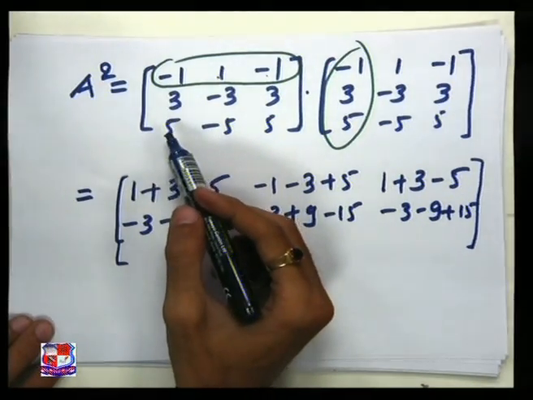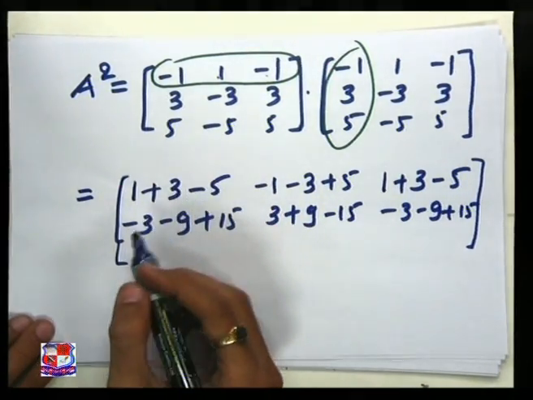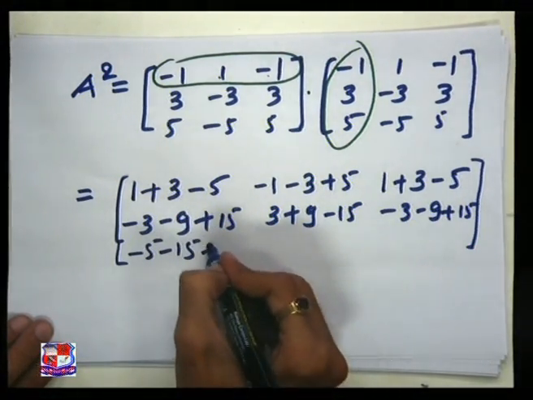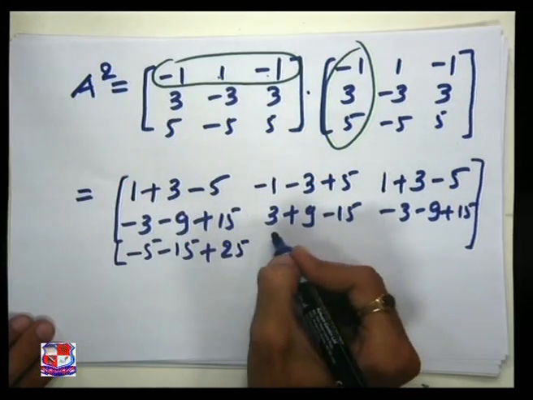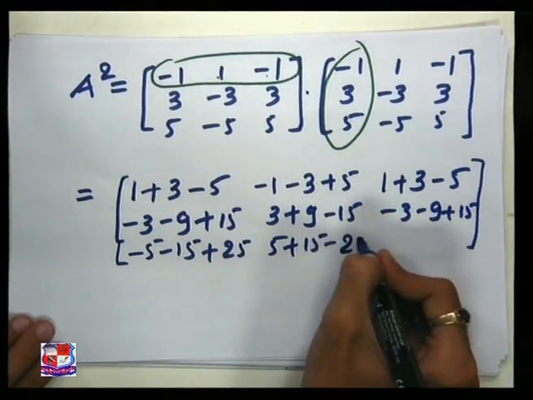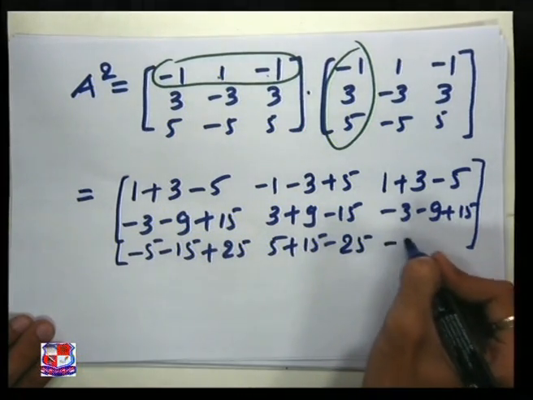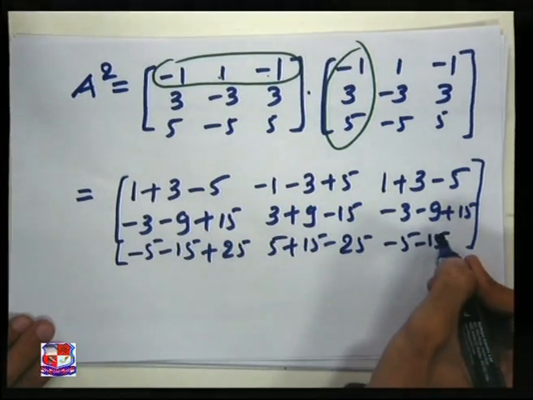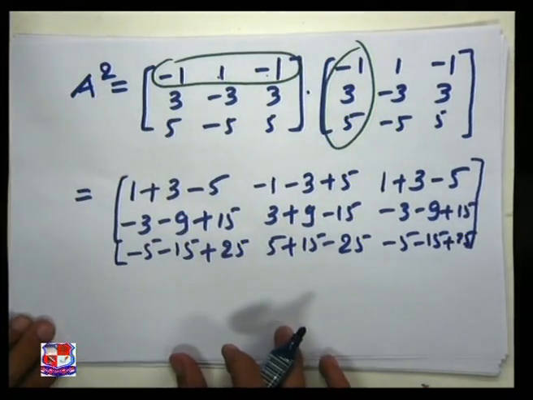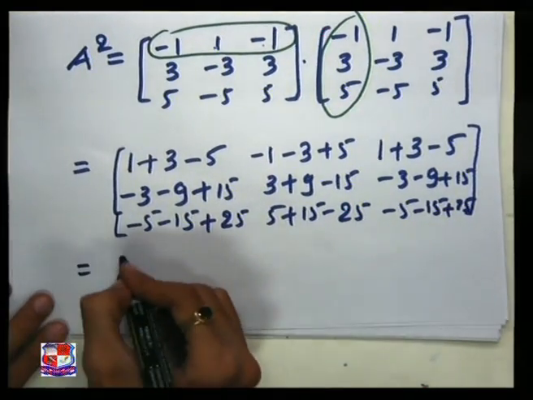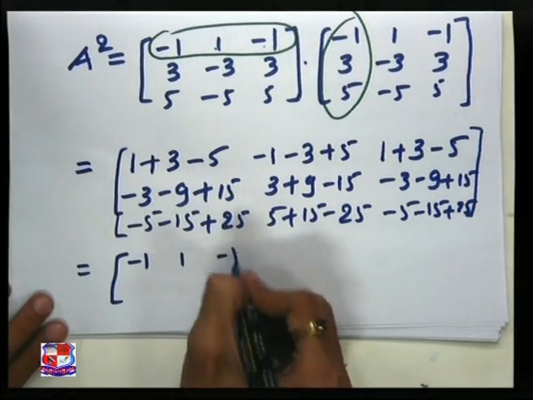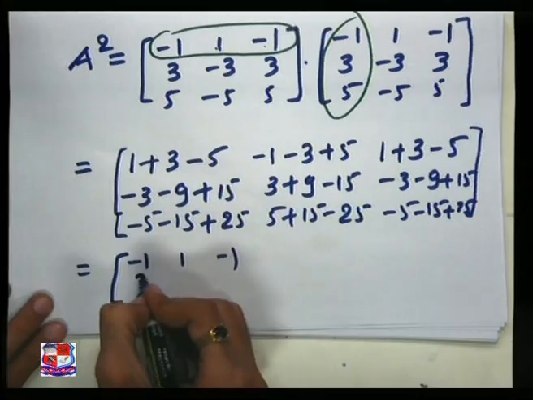Now for the third row I will get -5 -15 plus 25, 5 plus 15 minus 25, and -5 minus 15 plus 25. So by simplifying all this, I will get -1 1 -1, 3 -3 3, and the last one that is 5